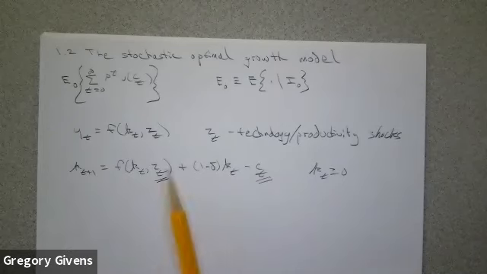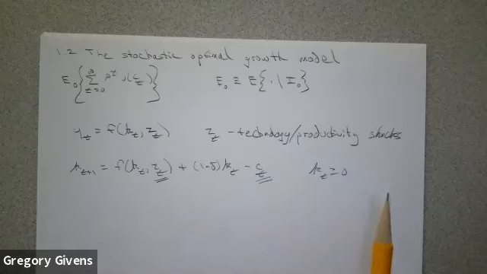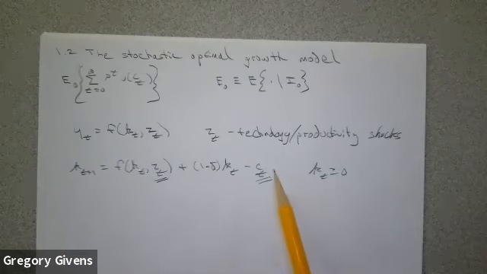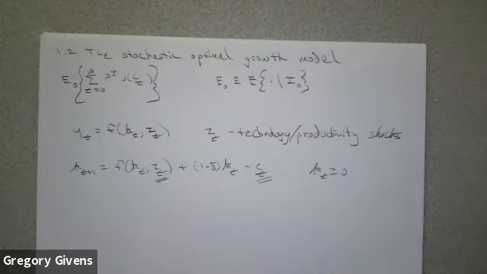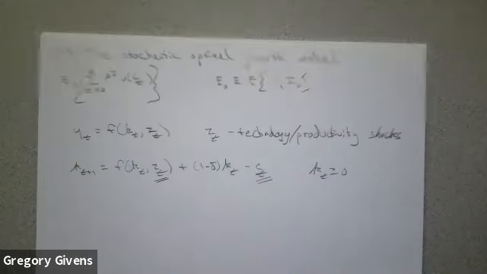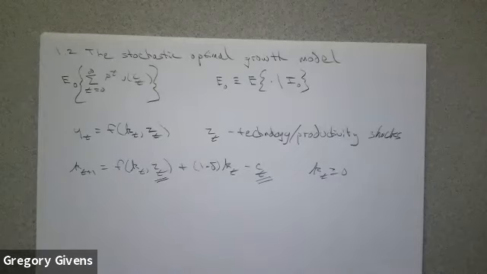Now, Zt itself depends on Zt minus 1, because we're talking about a shock that has the first order Markov property. And Zt minus 1 depends on Zt minus 2, Zt minus 2 depends on Zt minus 3, etc. What does that imply then about Ct? Ct does not just depend on what happens today, but rather optimal consumption at date t depends on the entire history of shocks from period 0 all the way up through period t.